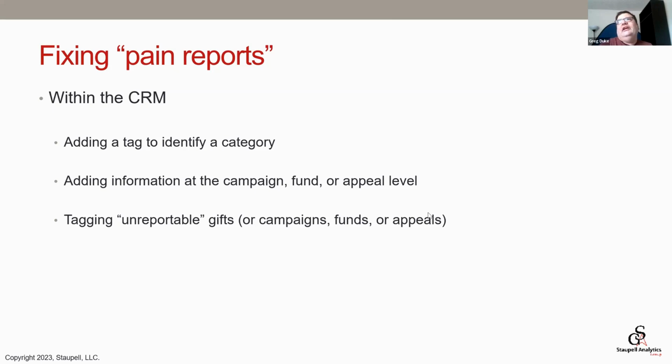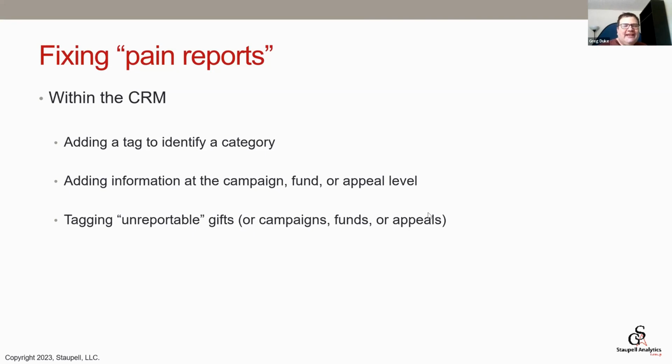The reason I'm calling this a tag is that, obviously I'm trying to be kind of CRM neutral here, but every CRM to some extent has a note field, or it's often called in Raiser's Edge an attribute field, where you can put information that will say, this gift should not be counted in a particular campaign or in a specific reporting structure. And as long as you don't go overboard with these,